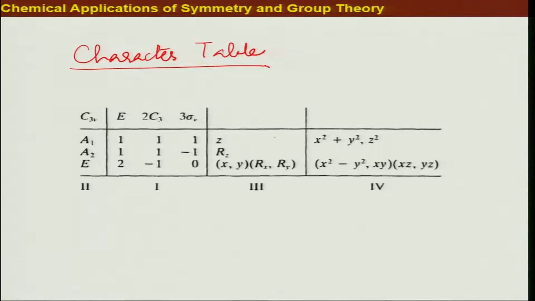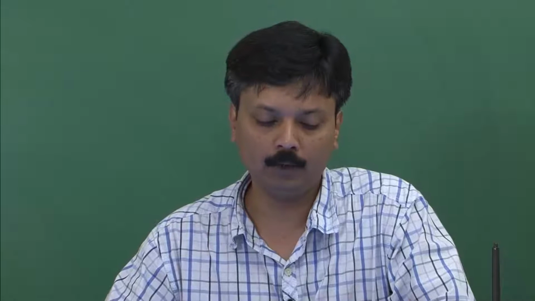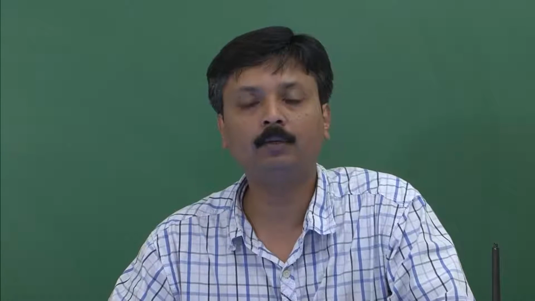Now, then we also looked at a table called character table, which we tried to describe, and we saw that this character table deals with the characters of irreducible representations, and the number of irreducible representations for a given point group is fixed. We dealt with a point group C3V in the last class, and we tried to divide the character table in 4 parts, 1, 2, 3 and 4, and we described the different regions of those character tables.